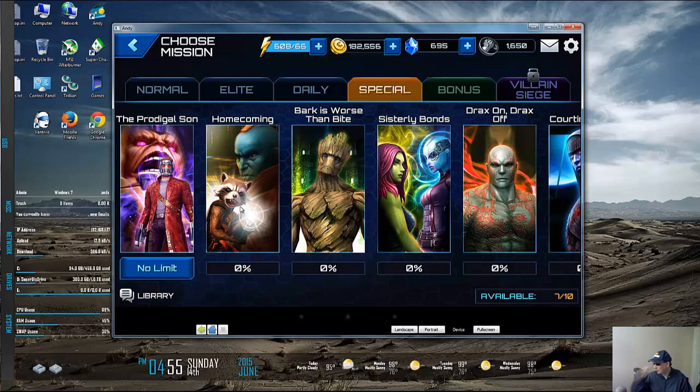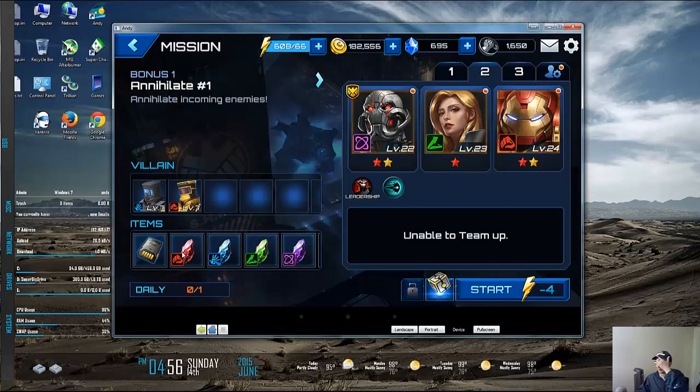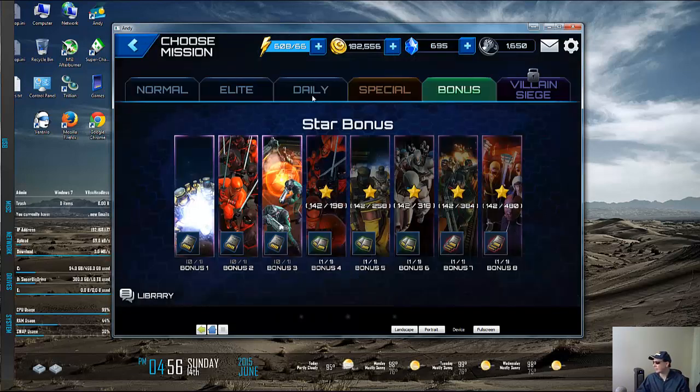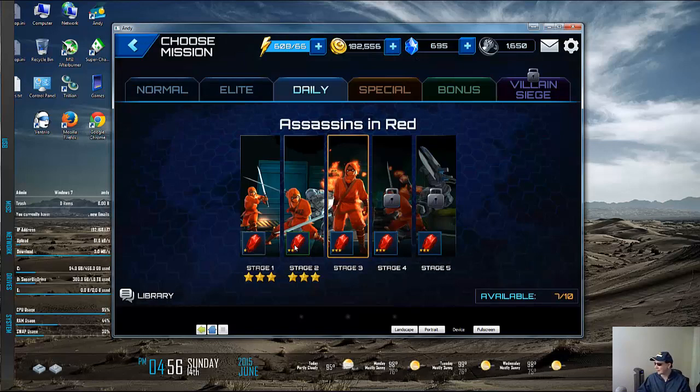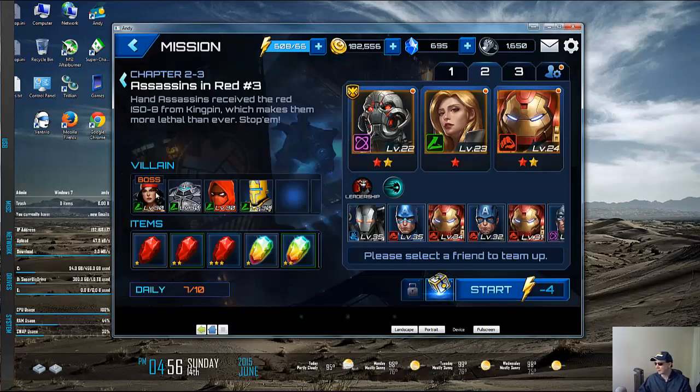And in order to do that, you have to have 100% in the previous one. Along with that, we now have bonus ones, and this unlocks depending on how many stars you've picked up. These do not award experience, but they do award very useful items like the stones and the experience chips. We also have the dailies. Now, I typically do daily 1 and 2 because I don't think I have anybody that I can really bring